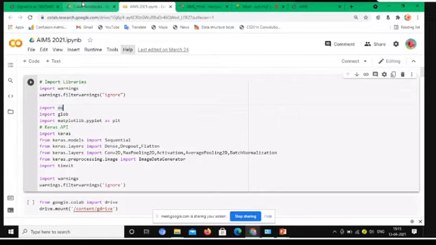Here I use my own mail ID to create a Google Colab notebook, and one notebook will be created. We go to new notebook, and it will open a new notebook. This is free for using online.